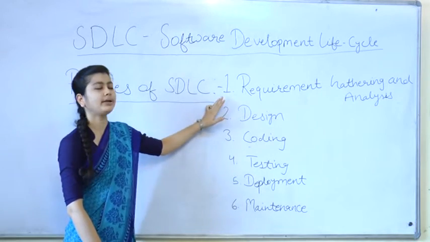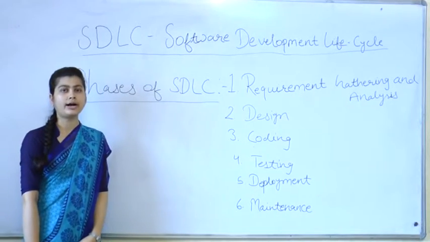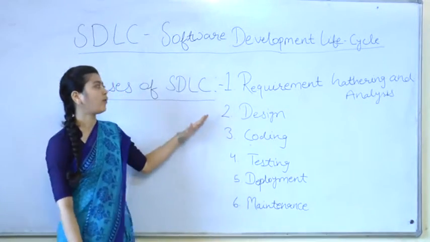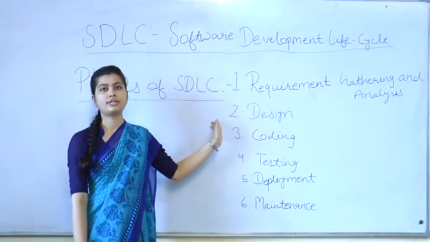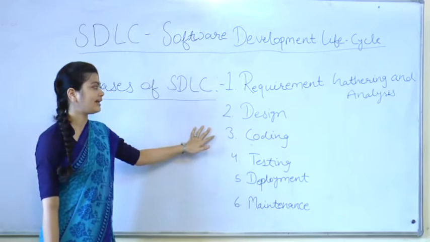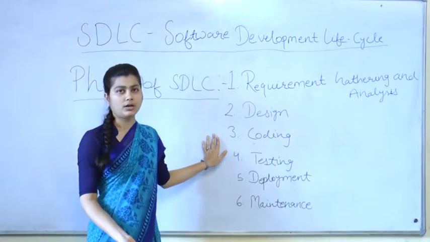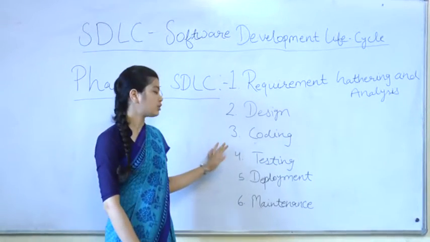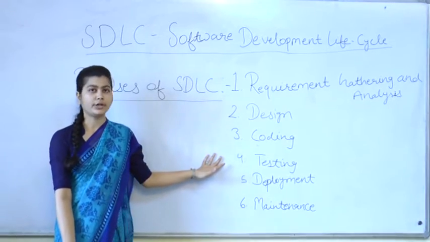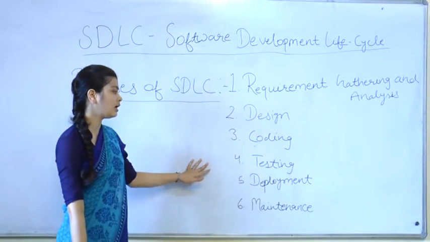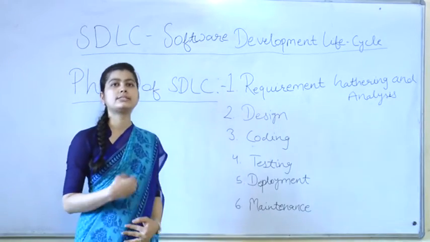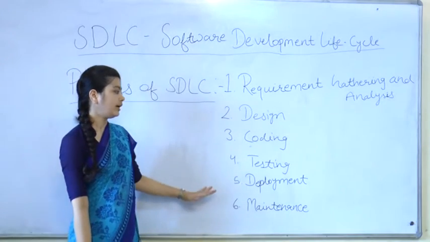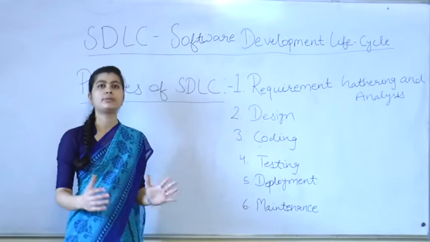First of all, the requirement phase starts, in which we gather the requirements regarding the software we are developing. After the requirement gathering phase, the designing phase comes, in which we design the particular software. After the designing phase, the coding phase comes, in which we code the software. After the coding phase, the testing phase comes, which makes sure that the software verifies all the needs and requirements of the particular software. After the testing phase completes, the deployment phase comes, in which the software is delivered to the customer and user for their use. And after the deployment phase, the maintenance phase comes, in which the system or software is maintained.